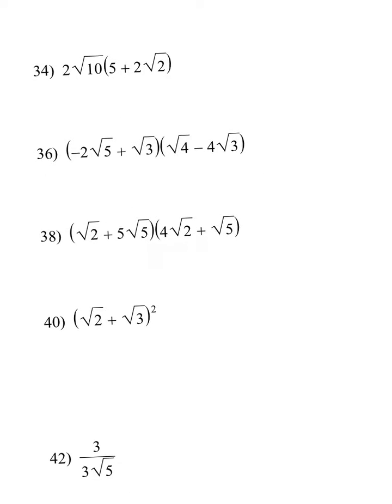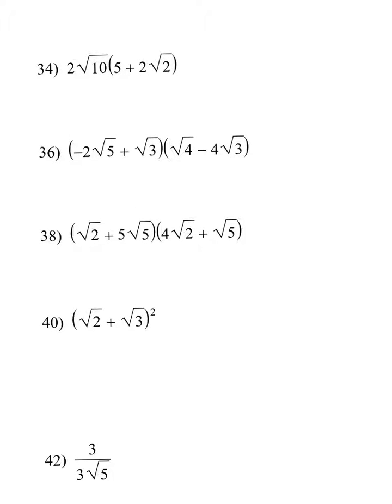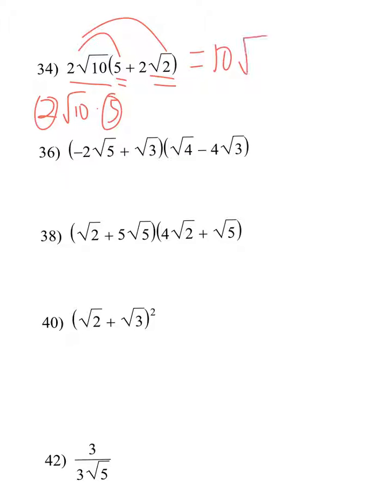So 34. Now I have this 2 square root 10 out in front. I have two terms inside here. I have the 5, which doesn't have a radical on it, and then I have the 2 square root 2. I can distribute, or I want to distribute. So I'm taking 2 square root 10 times 5. Now 5 is not under a radical, so 5 gets multiplied by 2. So that's going to be 10 and square root 10 for the first term